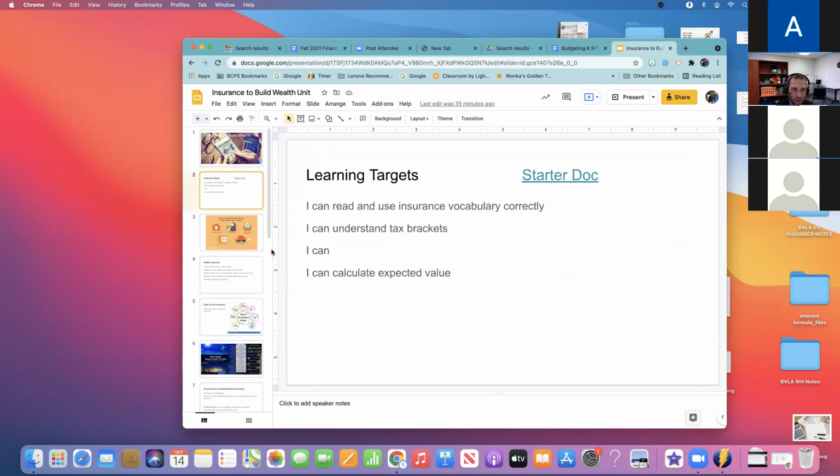The thing I'm going to leave you with is that insurance is necessary in order to build wealth. And that's because a complete loss of an asset, or the complete loss of your ability to generate income, in terms of disability insurance or health insurance, is a threat to your wealth.